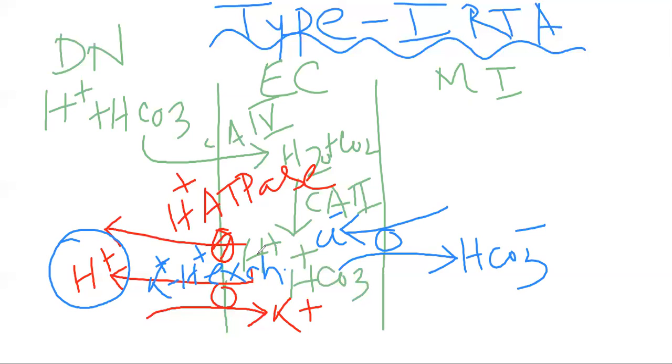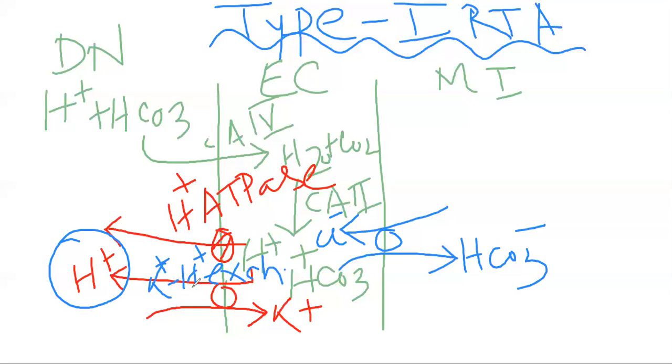Now, what is the problem? Where does the problem remain during type 1 renal tubular acidosis? That we will discuss now. Type 1 distal renal tubular acidosis mainly occurs due to a genetic defect, or it can be acquired or due to drug toxicity. It can be due to autosomal diseases or some other diseases, which we will discuss later. First we will deal with the genetic disorder.